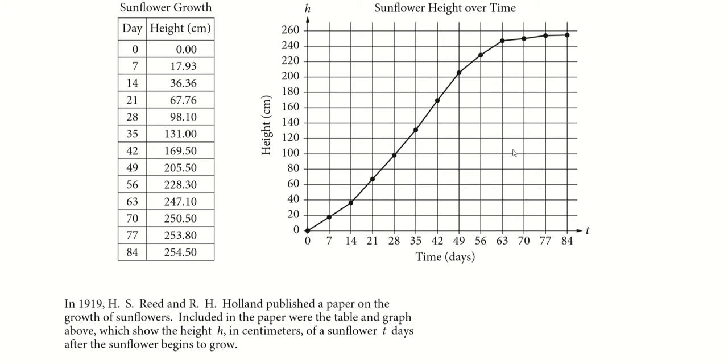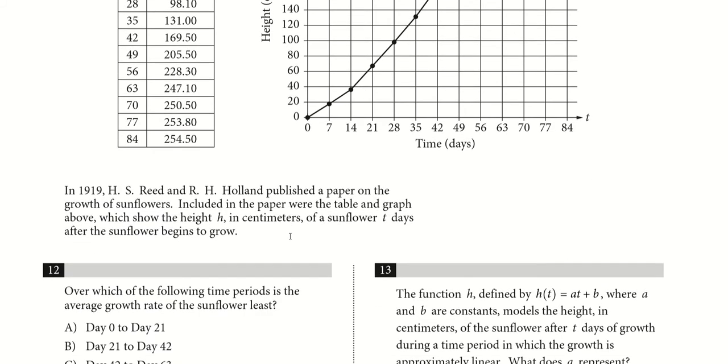Here we're just interpreting this graph, right? Two people published a paper on the growth of sunflowers, and this was included, which shows the growth in height, h in centimeters, of a sunflower over t days. And we're being asked, over which of the following time periods is the average growth rate of the sunflower